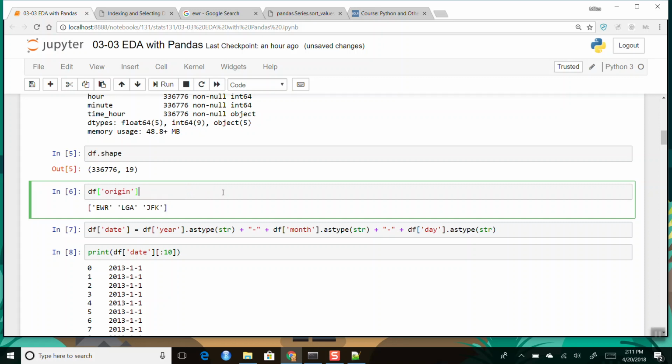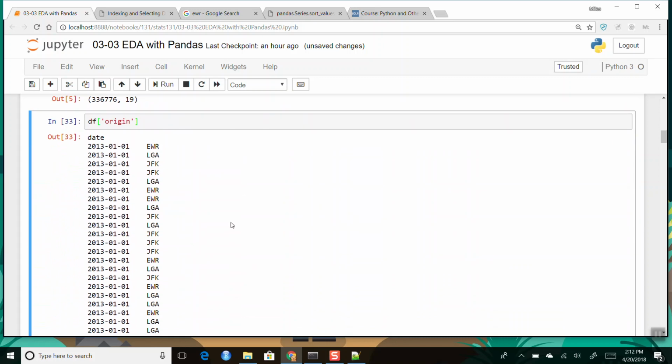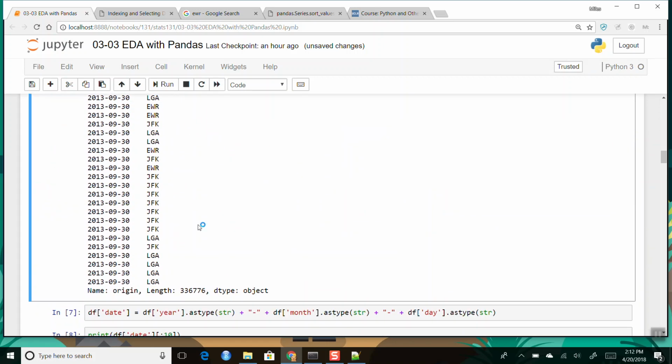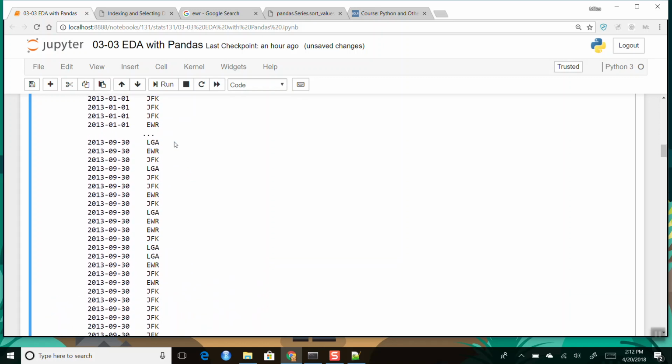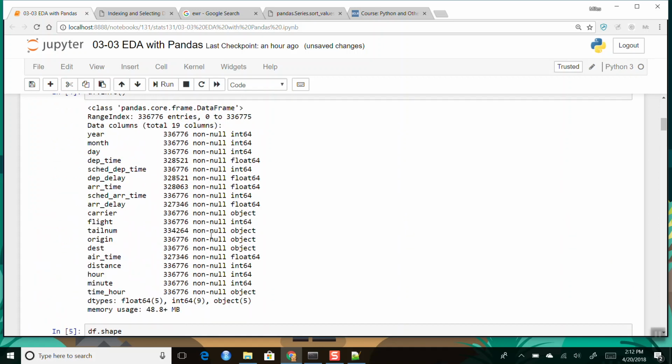Okay, so if I just say df and then bracket, quote, origin, this will print out the origin column, and then it will say you've got 336,000 rows. So we're not going to print everything. It just prints the top and it prints the end, and there you have it. Okay, and the origin column,